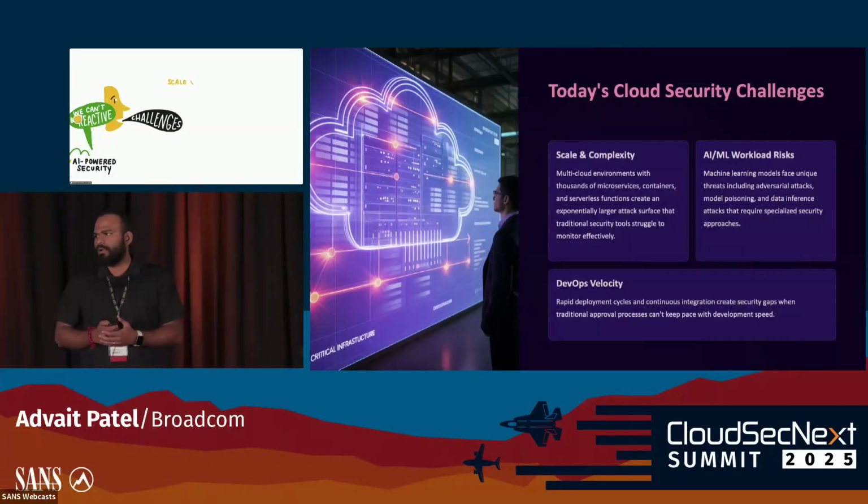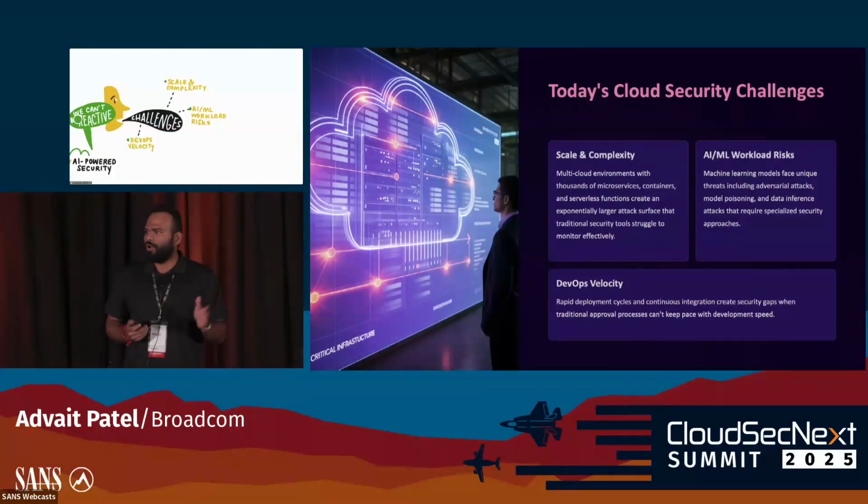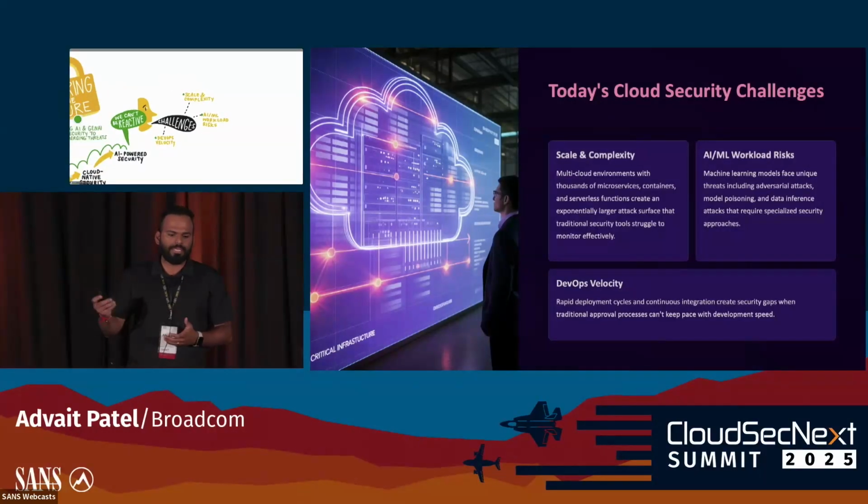And the last but not the least is DevOps velocity. With the rapid pace of continuous integration and continuous deployment, even in seconds, companies are deploying their production environment, features, and services a number of times in a day. That is a pace the manual or old outdated processes cannot cope with, right? We need to spend a number of hours, a number of days in order to manually review and approve the process and workflow and everything, right? So that is not possible with this rapid pace of continuous integration and continuous delivery.